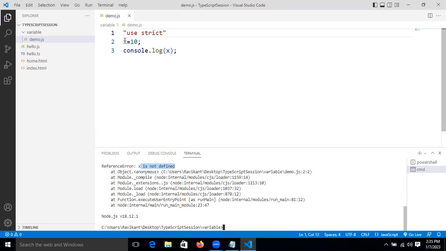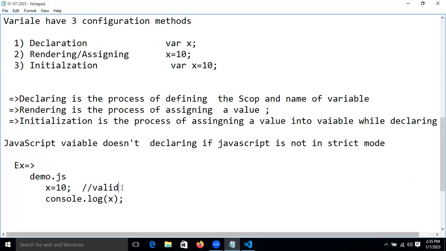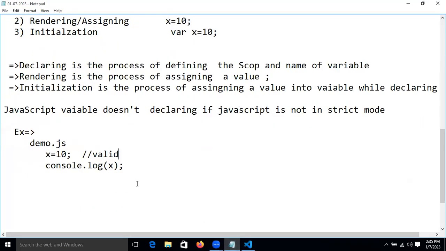X is not defined means that our JS file has strict mode, so it will show an error. So how can we resolve this error? We will resolve this error by writing